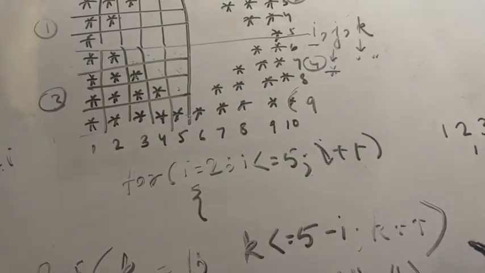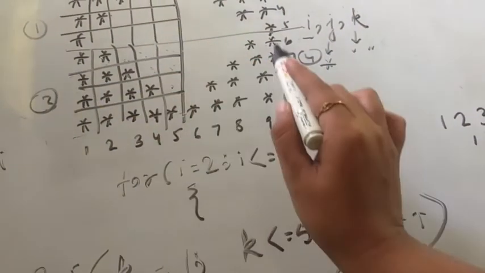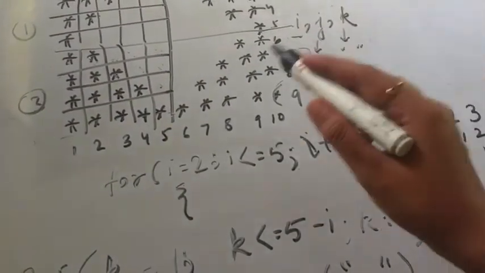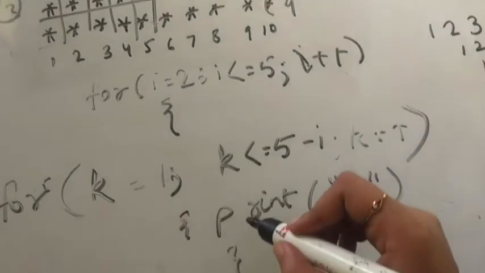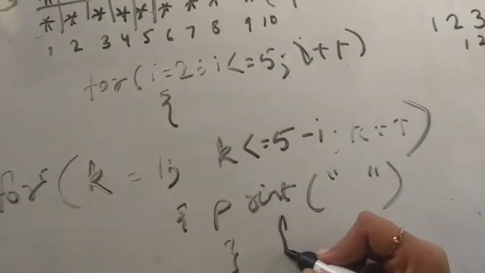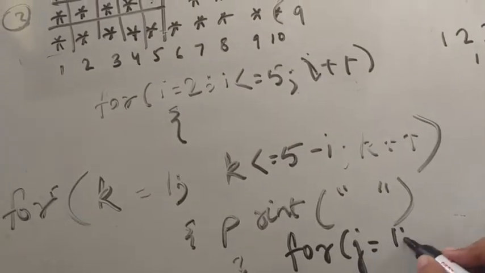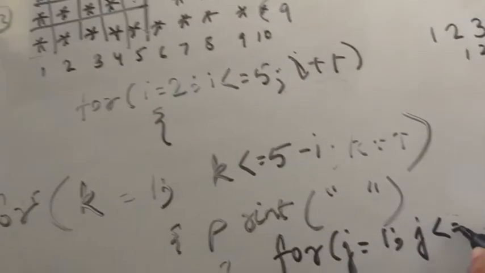As we had printed these two star patterns, you can see they are very similar. So for the J loop for this pattern, we have closed this K loop, and here we'll run another for loop for J, which is from 1 and is less than or equal to I,